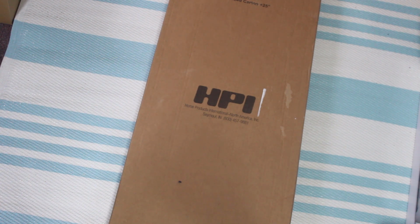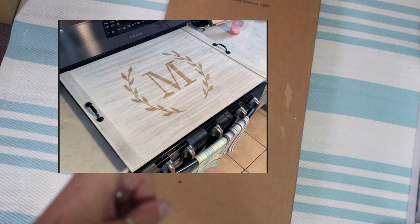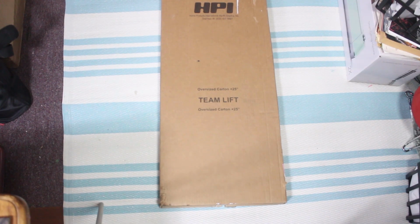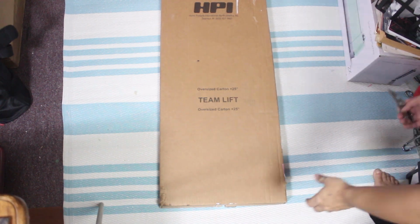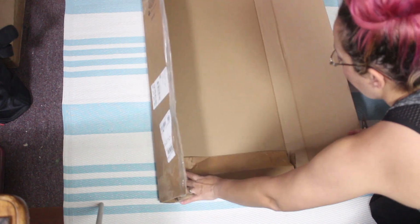Things that look like this, which I'll post up here somewhere. But I'm going to make it out of cardboard, so that'll make this also a trash or treasure. So my first order of business with this is I'm going to have to go ahead and open it up,